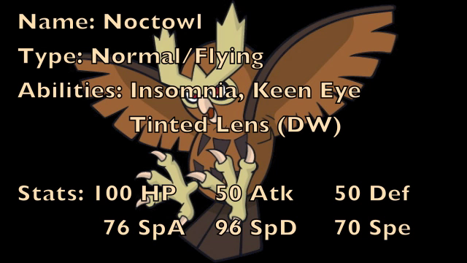As for its attacking stats though, it only has base 50 attack, so it's not really going to be doing too much from the physical side. However, its base 76 special attack is definitely usable and something that can work extremely well in combination with the Tinted Lens ability. And lastly, it has about average speed, being base 70, so Noctowl won't be too fast on its own, but it will be able to outspeed a bunch of things if you do give it a speed investment EV spread. But with that, let's take a look at the first set that I have for you in